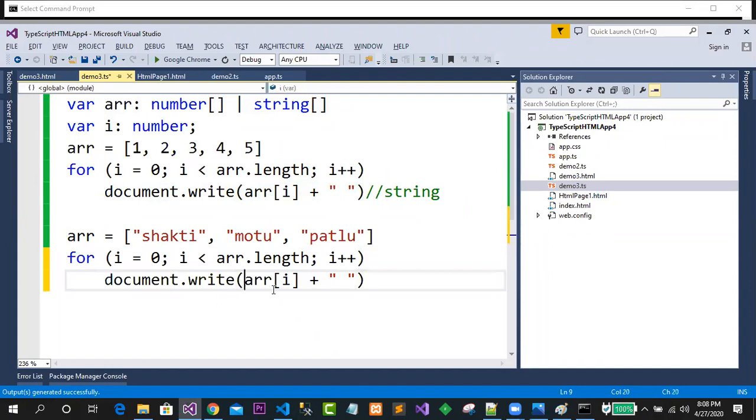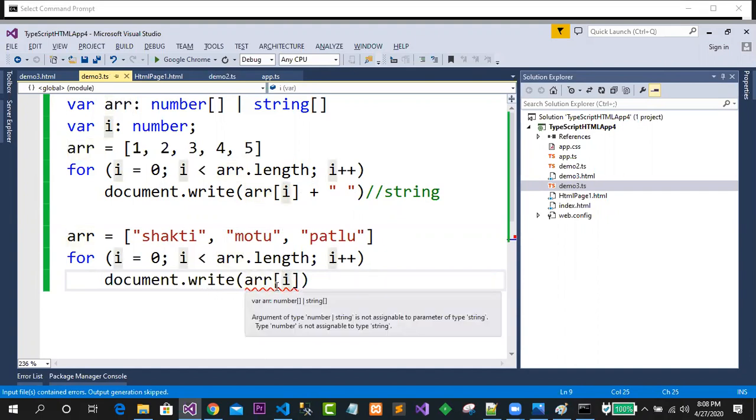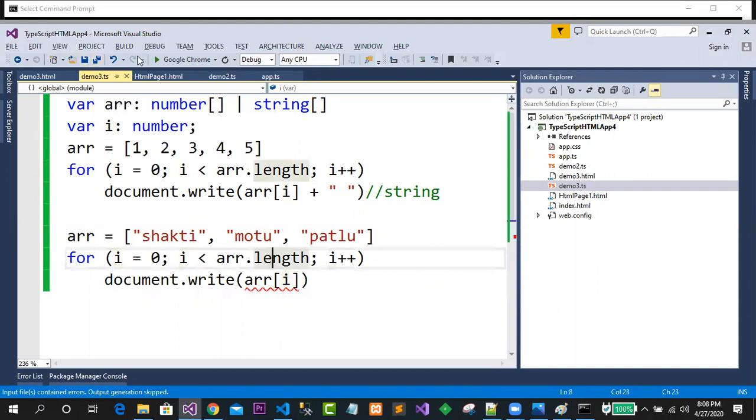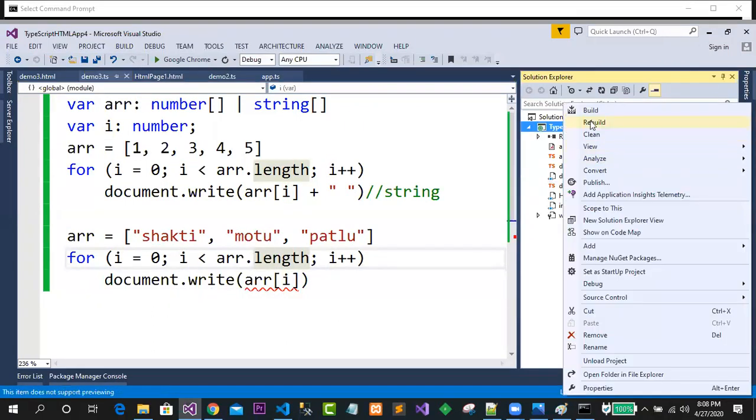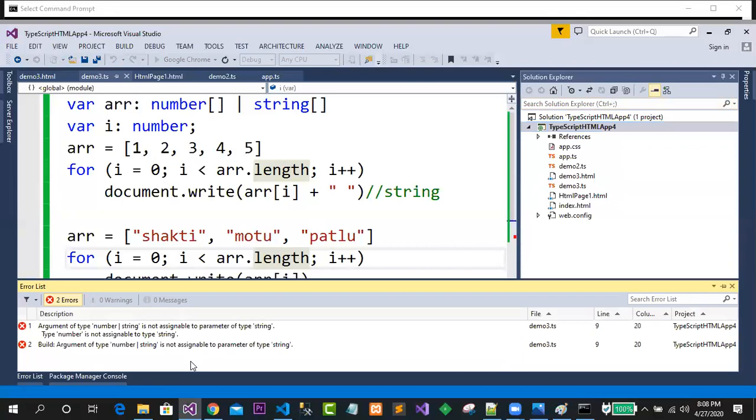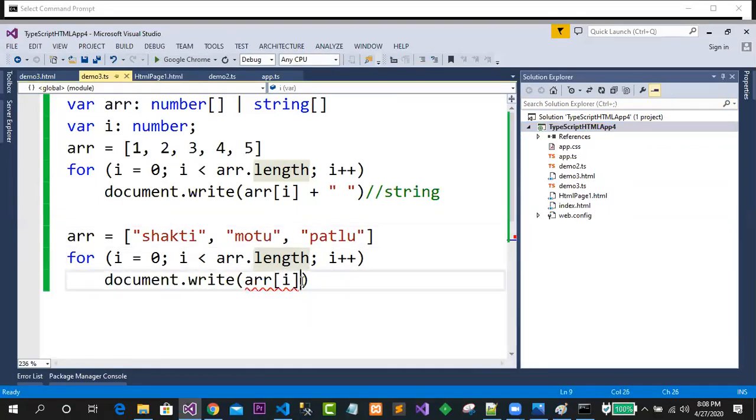And what I will do here, simply, is there any requirement of converting this one? Just see, still it is showing the error. Though it is a string value, let me build the solution to see whether it is showing the error or not. Just see, the same error you are finding. So don't worry about this one. Simply do these things: a space you are giving or a comma you are giving to it.